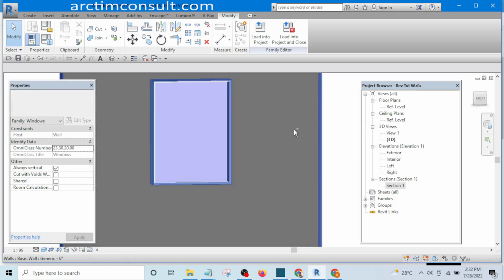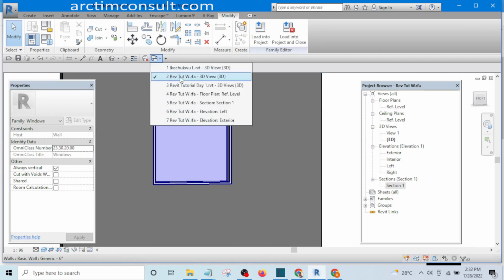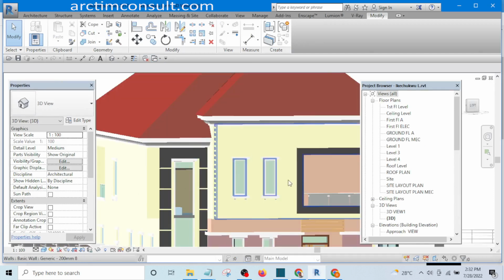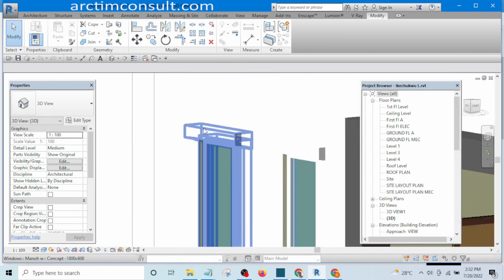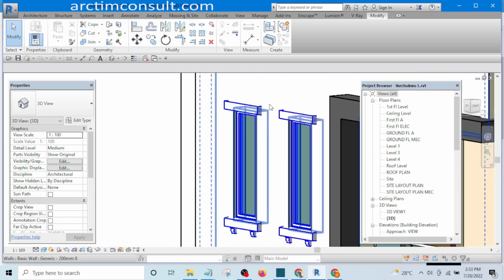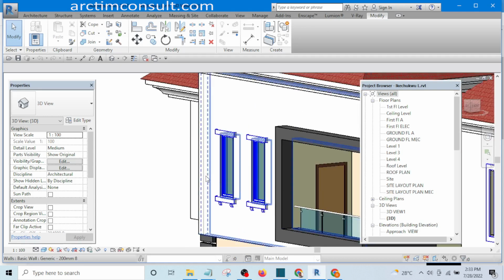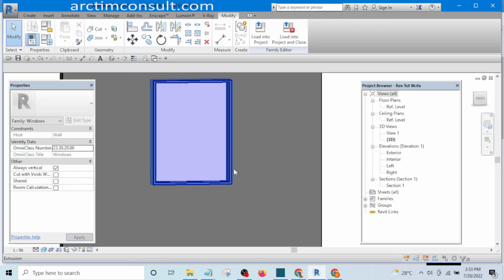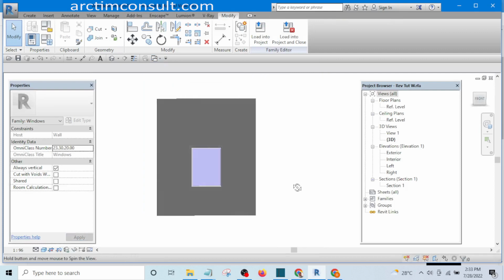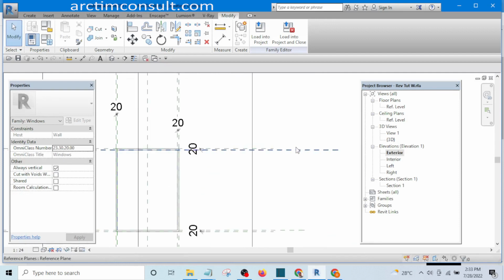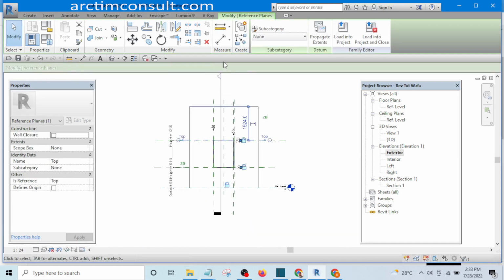then the next thing we want to create, let's see our case study. The next thing I want to create is this window hood. To create this window hood, we go back to our family where we were before and select it, and we may need some reference plane to work with. So I'm going to create another set of reference plane,